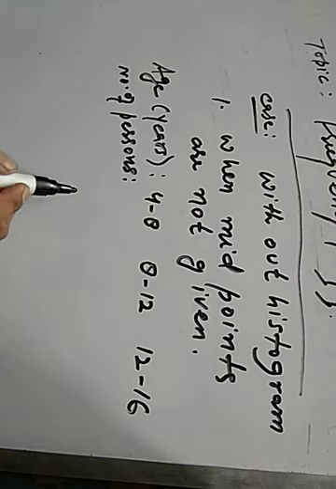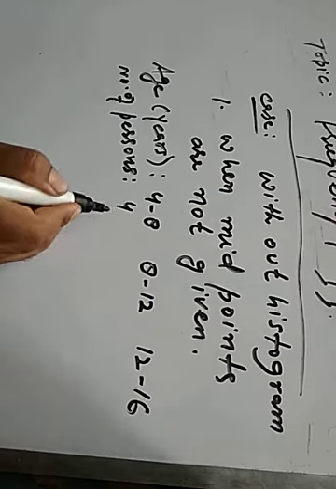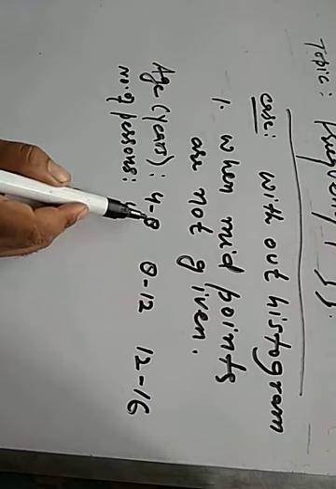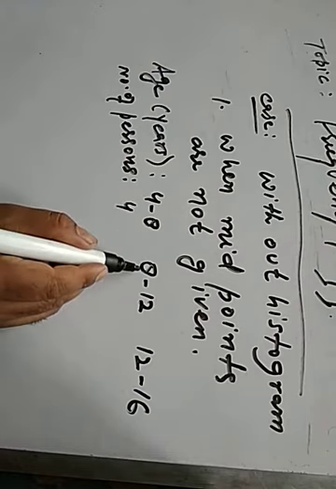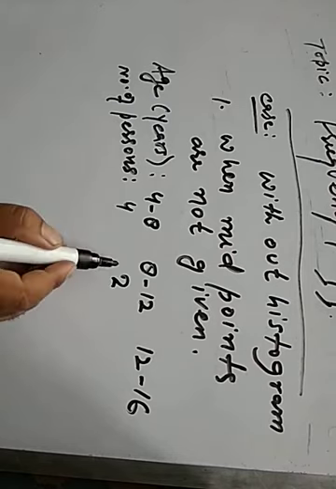In this class interval 4 to 8, suppose there are 4 persons whose age lies between 4 to 8 years. In this age group, suppose there are 12 persons